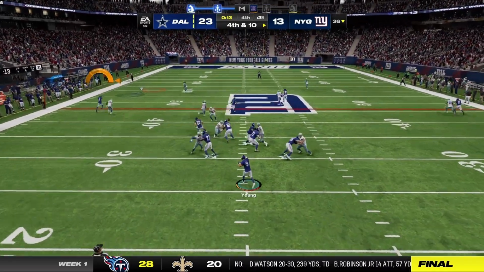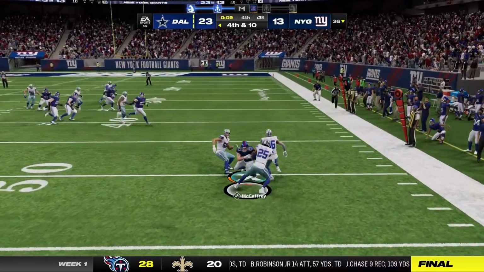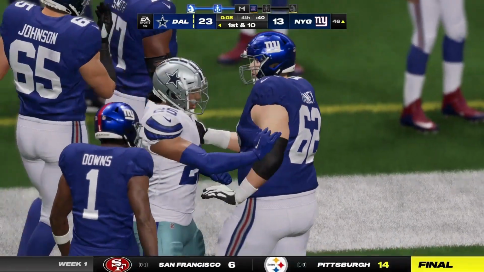It's desperation time. Young on 4th down. And this is intercepted, and that should do it. Picked off by Trayvon Merrick. Boy, Charles, you hate...